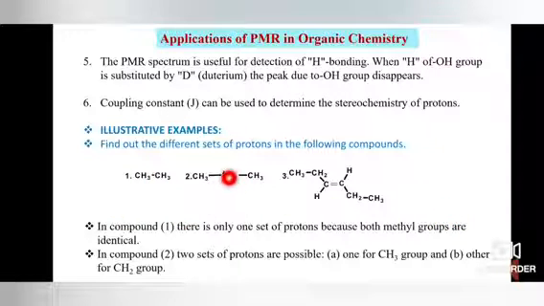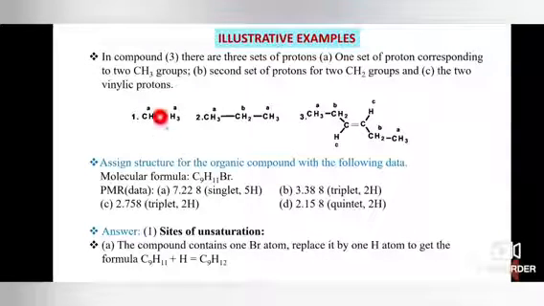In propane there are two sets of protons. Methyl protons give one peak and CH2 protons give another peak. And in trans-3-hexene there are 3 types of protons. This methyl gives one peak, this CH2 gives another peak, and these vinylic protons give a third peak. So the possible peaks are A, A, B, B, because this methyl is identical, this CH2 is identical, and these are identical.